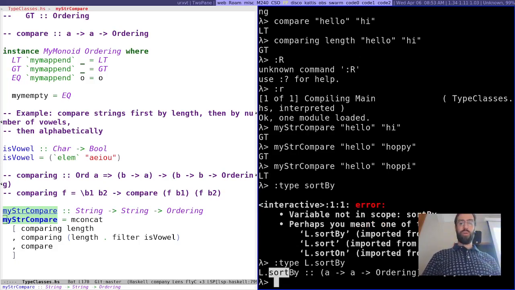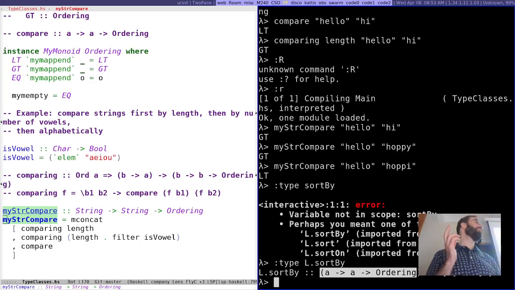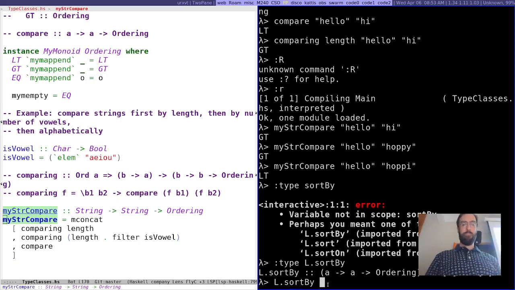Right, so sortBy, the standard sort function just assumes that you're giving it things that have an Ord instance, so it'll just compare them normally. But sortBy takes an a-to-Ordering function, so you can give it whatever custom comparison function you want. So we can even say L.sortBy myStrCompare, and then, you know,